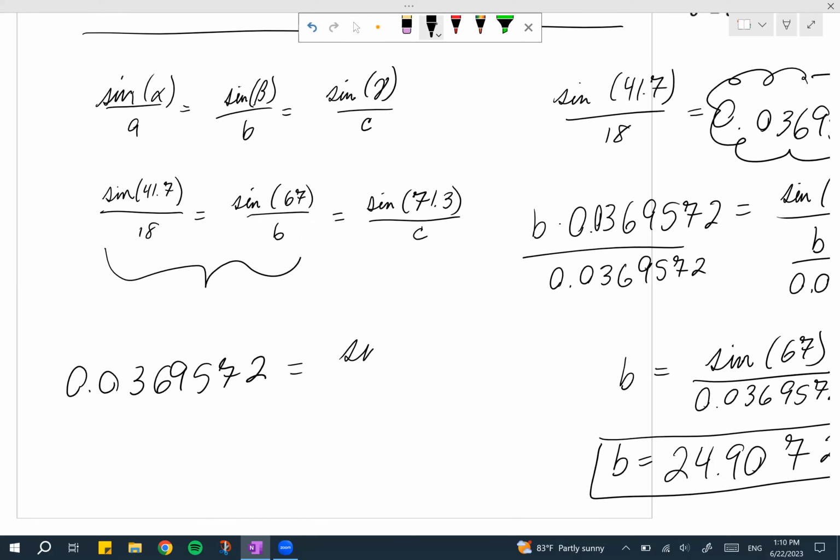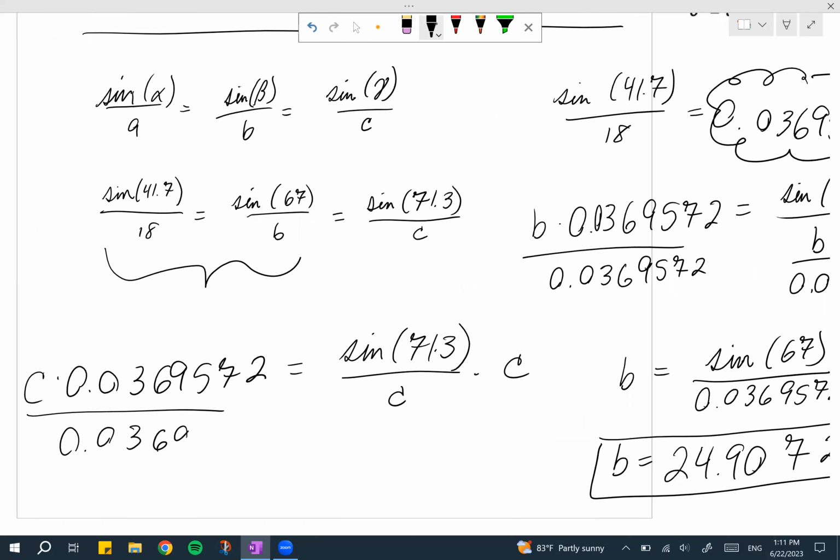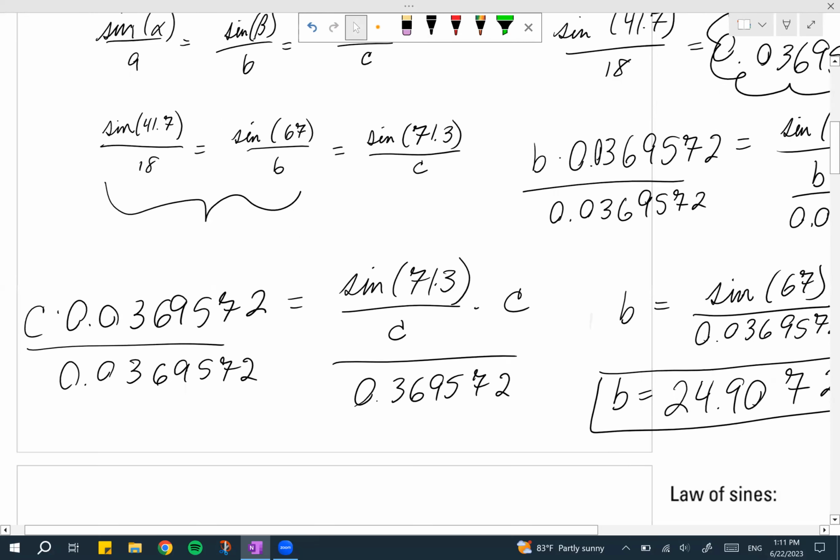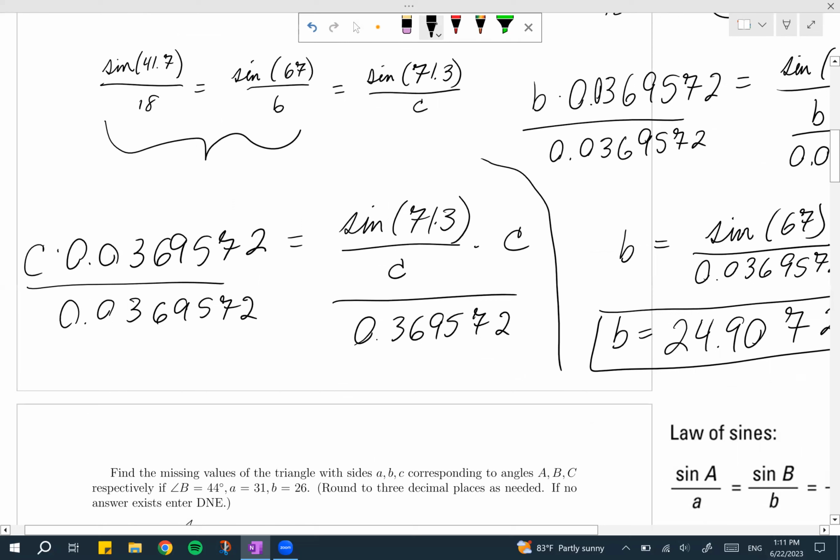This is equal to sine of 71.3 over C. I'm going to multiply by C and divide by my decimal. Whenever I do that, I get C is equal to